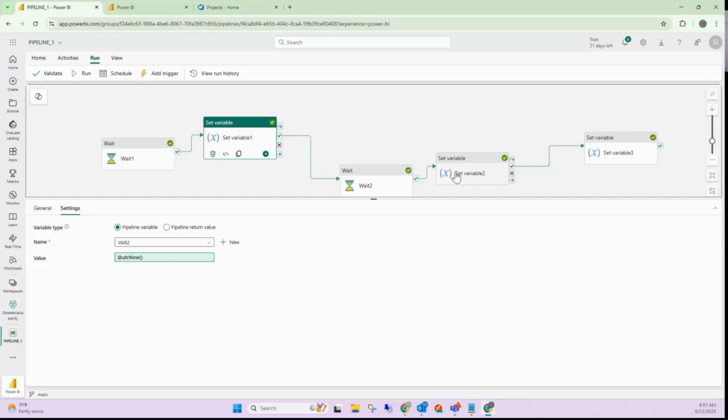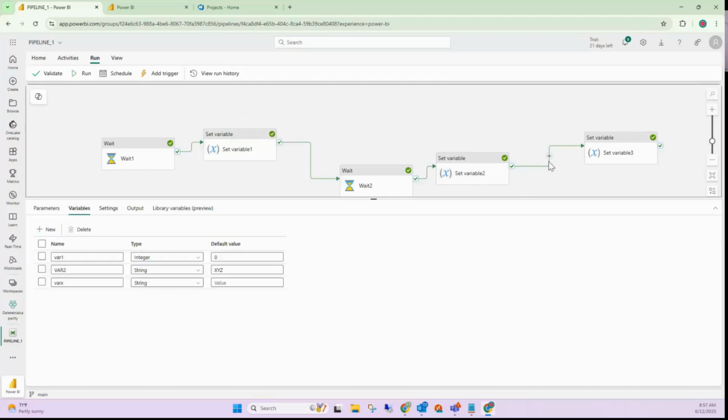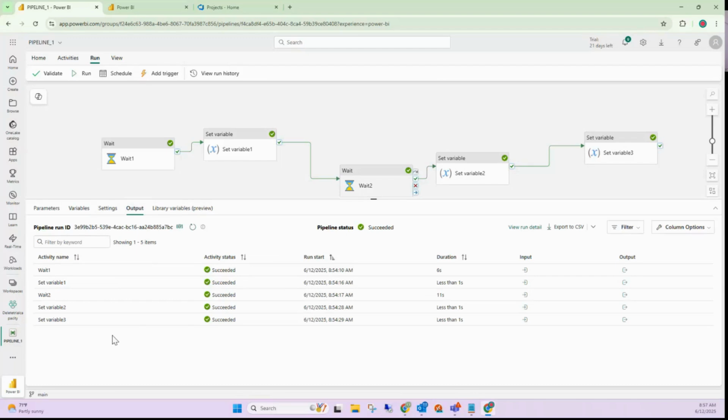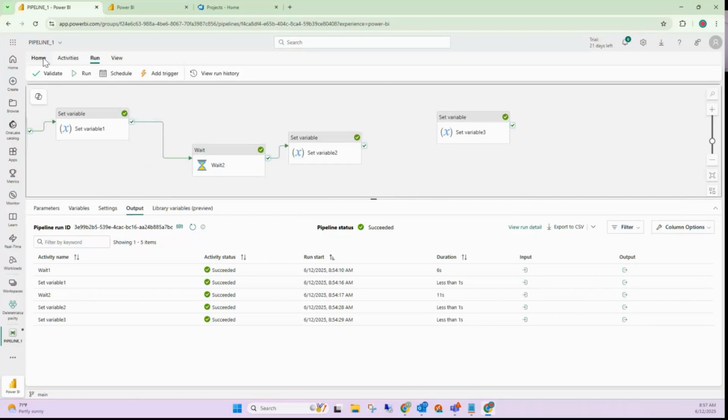And now since this is the latest instance, or let's say that even if I have multiple activities in between, like wait, etc., it would still capture the same value at the end, because the variable value is now fixed throughout its journey until and unless I override it again. So now in case I check the output of set variable 3, it would be 29.02, which is equivalent to the variable 2, etc. Now, is it because it's the same value because I instantly called this? No. Even if I have multiple activities in between,